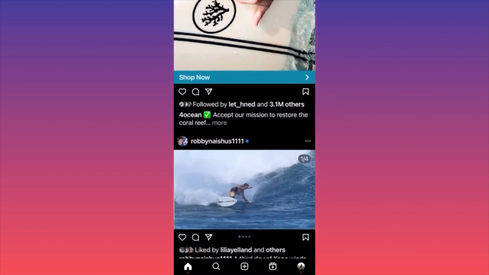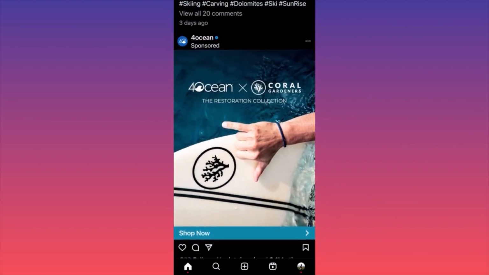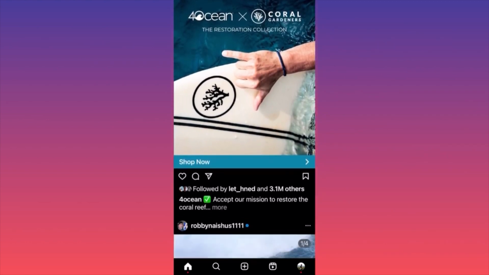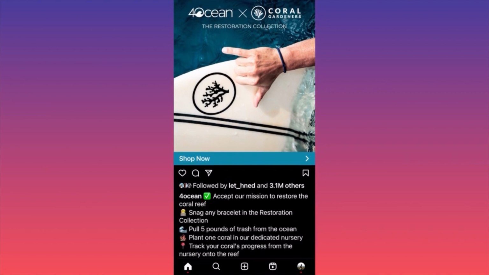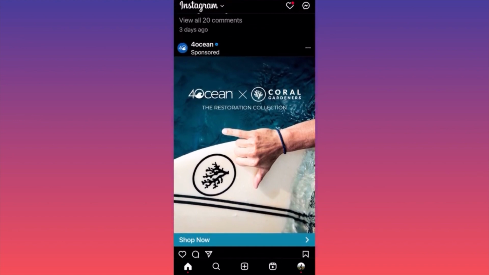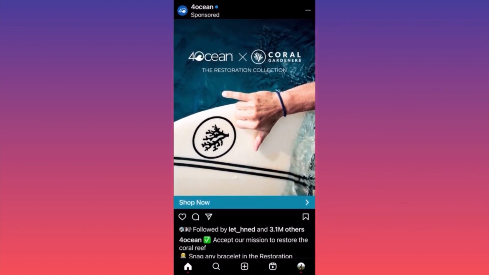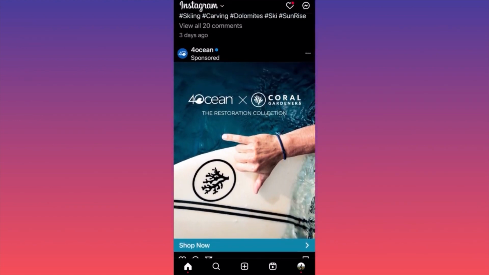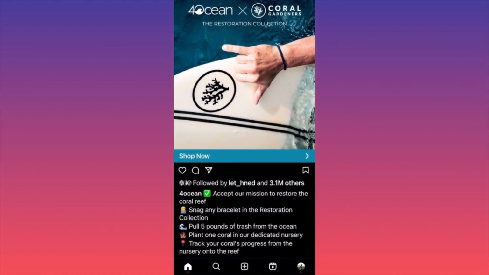If you scroll down, just look at the structure of the actual sponsored content as well. If you click over here, well, guess what? This particular piece of content received 3.1 million likes. Of course, it was sponsored, but how often do you see a sponsored piece of content that has 3 million likes?